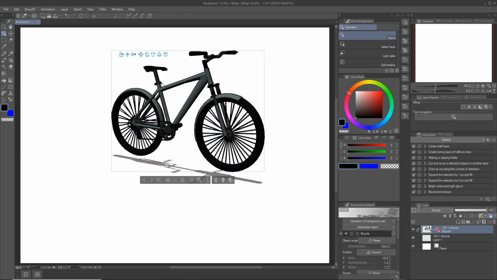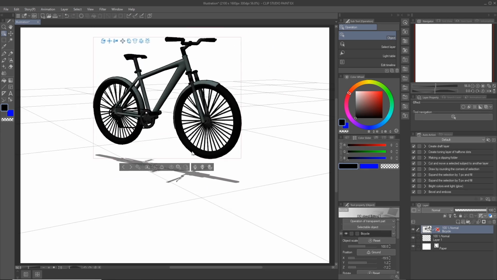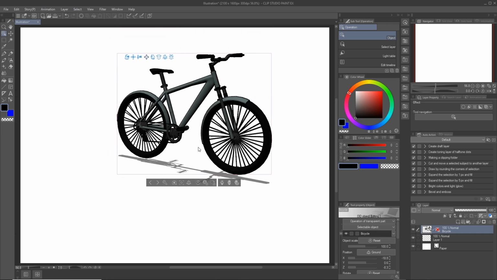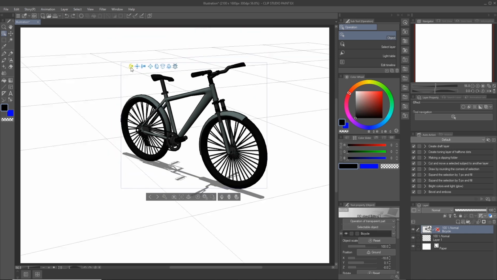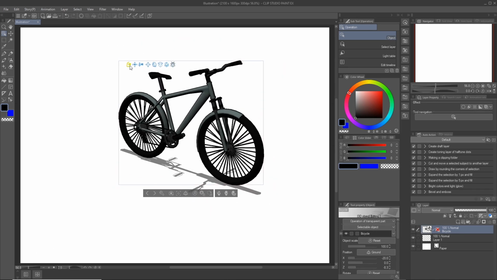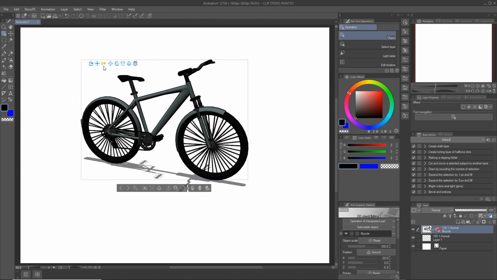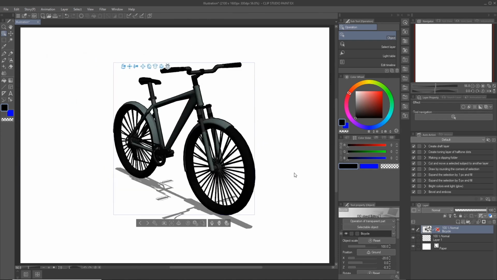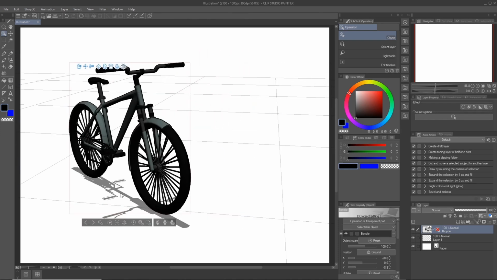To move the bike up and down, select the 4th icon, and that allows you to move the bicycle up and down in space. It's important to know the difference between the camera functions and moving the object itself. In most cases, you'll want to just use the camera. It's also important to know that once you have one of these functions selected, you won't affect the others.